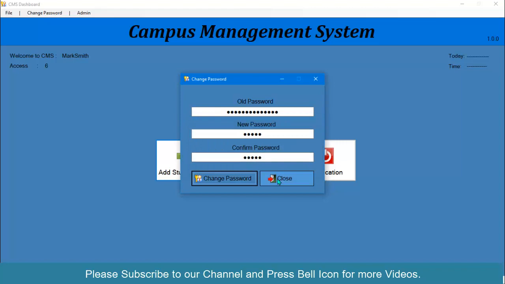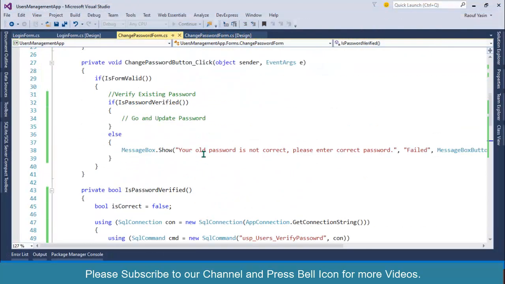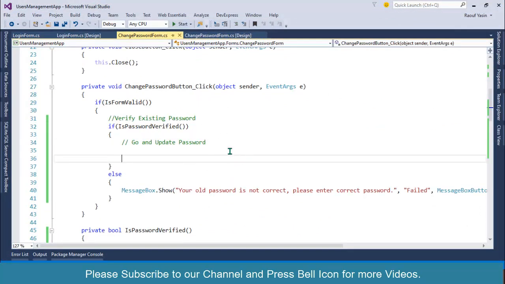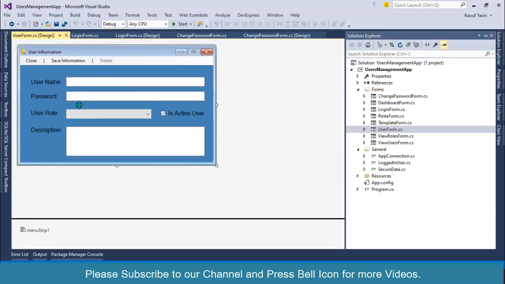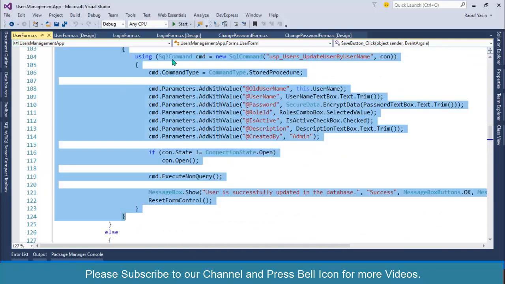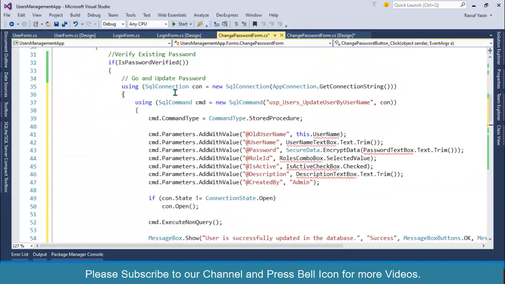So now we will perform the update operation. We'll go inside this if statement, and we have already done update operations inside our two tables. So I'll copy from the users form, I'll go here, and this is the update process. I'll copy from here and paste it over here. First we're creating the connection, and then users, and I rename this stored procedure as change password.